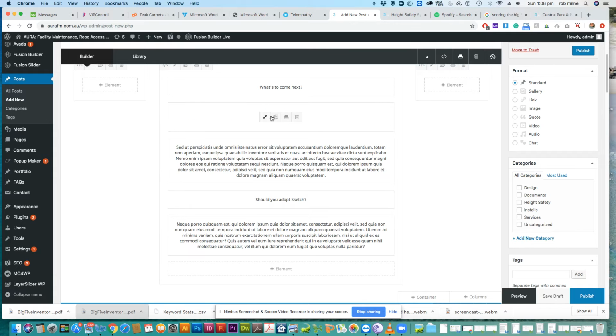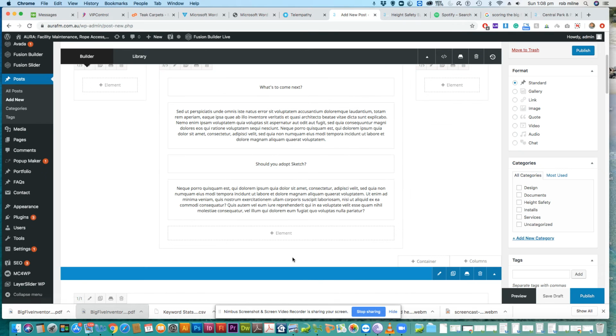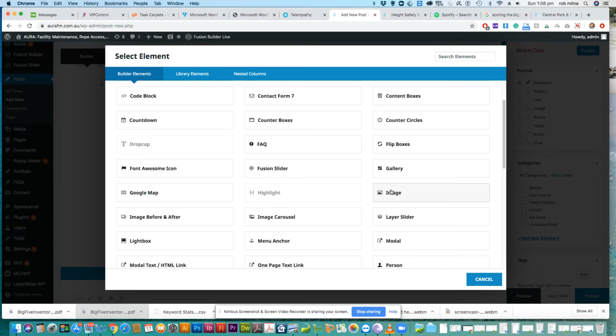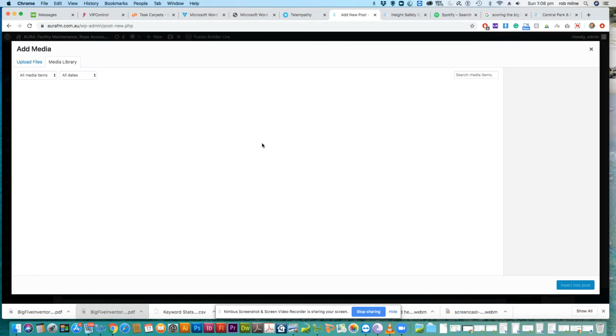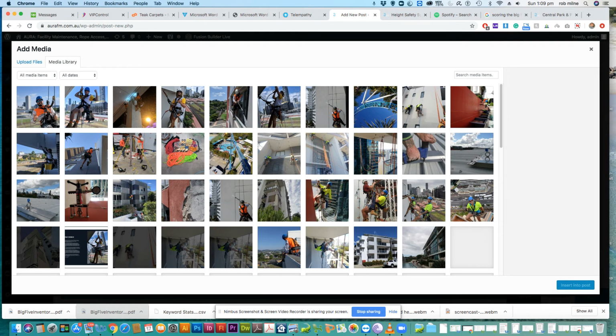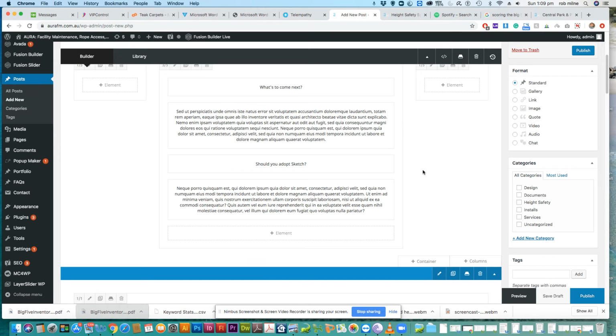If you want to add something, let's say, for instance, you wanted to delete this paragraph and add an image, then you would just click Add Element, and find Image in here somewhere. There it is. And then just simply select your image. You can either upload it or choose from one that's already in the media library up here. Once you're happy with all the content in there, you've done all your text and your images,